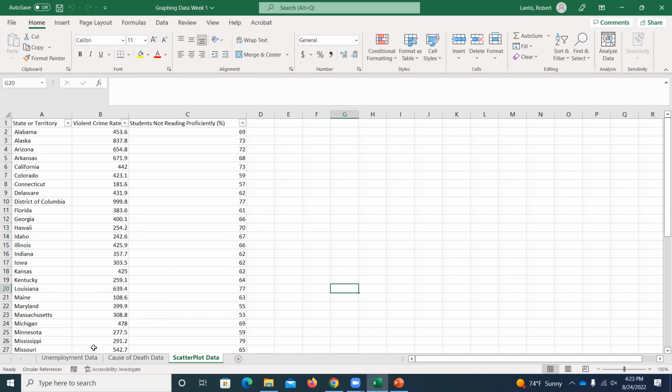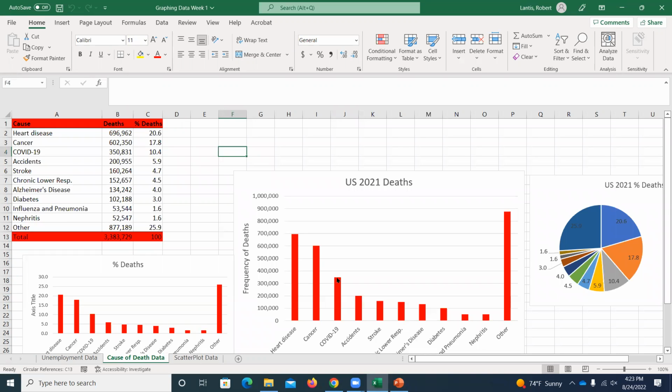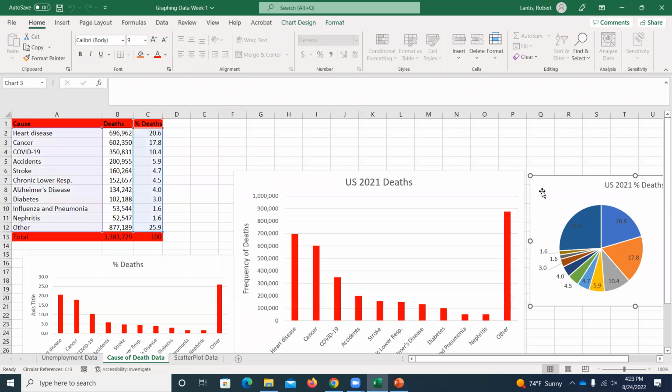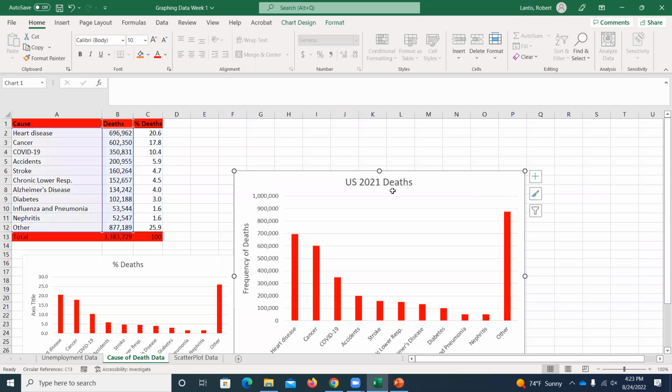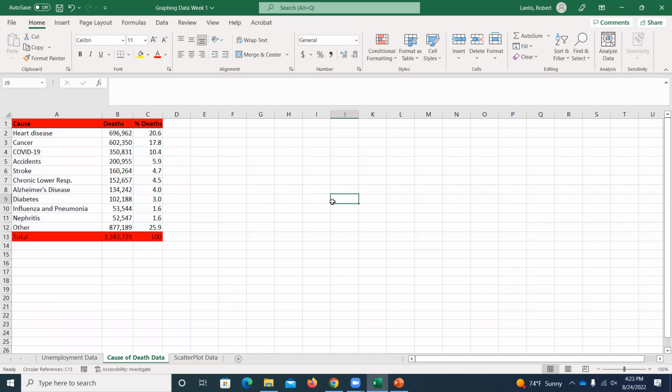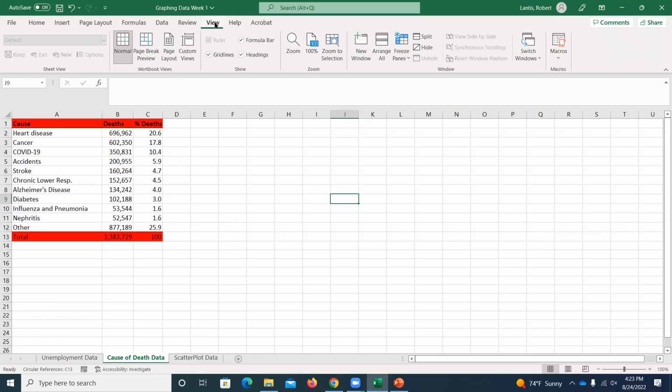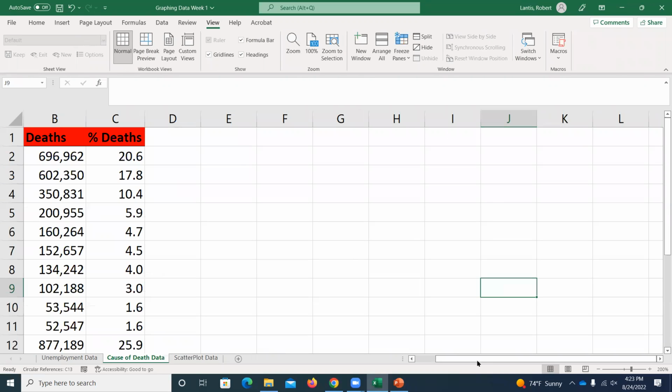So here we've got 3 different data sets, right? So this first one that we're going to look at, let's go to cause of death data. Okay. So I've got all these graphs created, which is basically the ones that I put up on those slides. But I'm just going to click on each one and delete them for right now so I can show you how I created them. And if I ever forget, remind me to zoom in so you can actually see what I'm doing here in